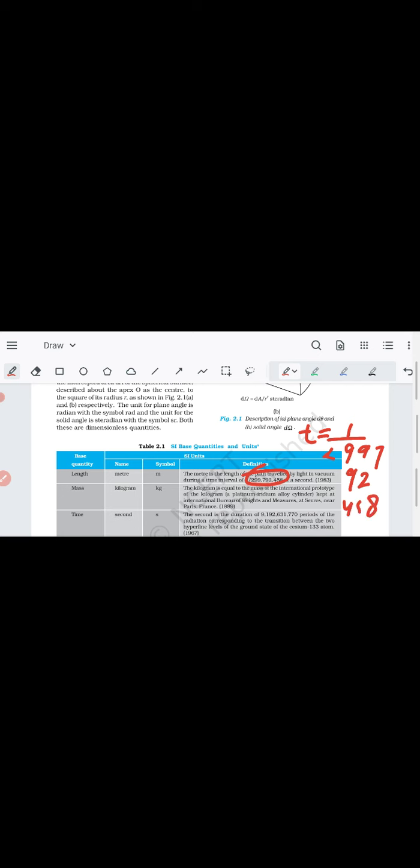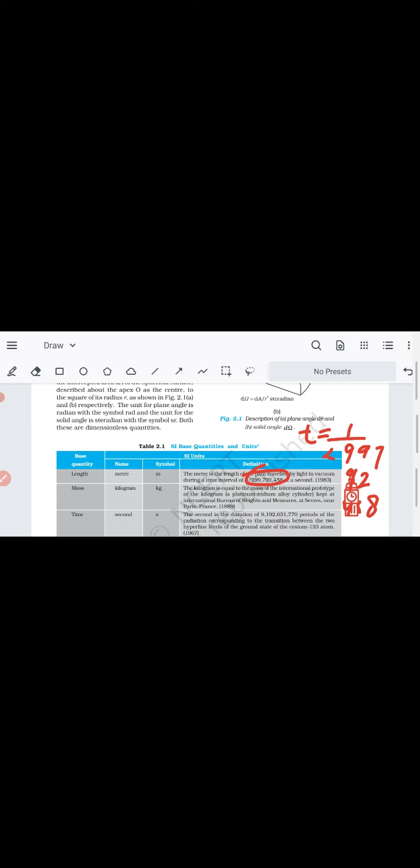Okay, so this is a very large number, so the time will come very small. In that time, basically, the distance traveled by light is what we want. If you take the time as 1 upon 299,792,458, this time is very small, and in that time light will travel some distance. That distance is called 1 meter.